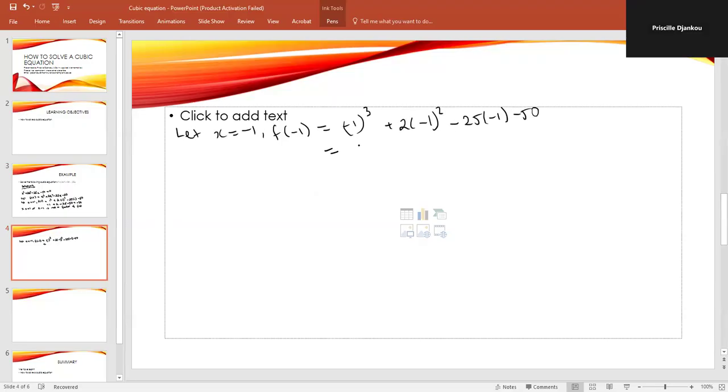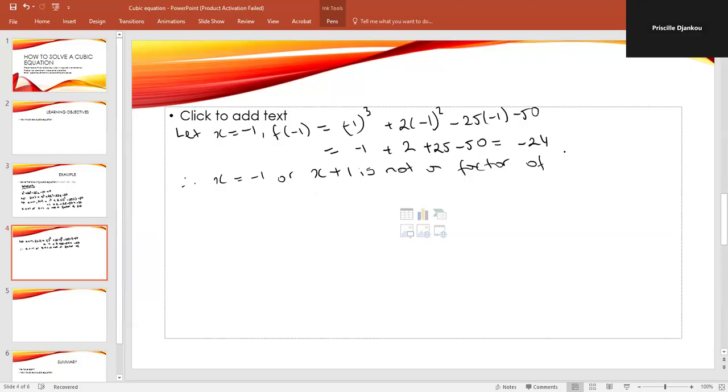After simplification, we obtain minus 1 plus 2 plus 25 minus 50, and the answer gives us minus 24. So once more, we don't have a 0 here. Our conclusion is that x equals minus 1, or we say x plus 1, is not a factor of